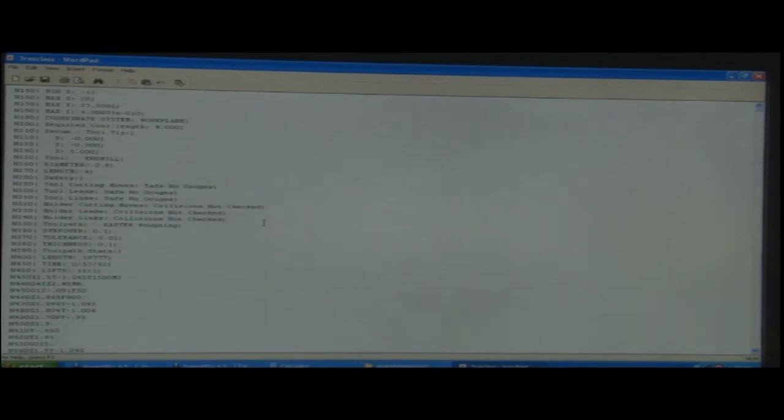So, then T3M6, okay, what is T3M6? As you know there are certain codes, G and M codes, G are the general codes, M are the miscellaneous codes, G54 is the tool reference. So, you already know the applications and the meaning of these codes, and tool rotation is important, there are certain codes there.